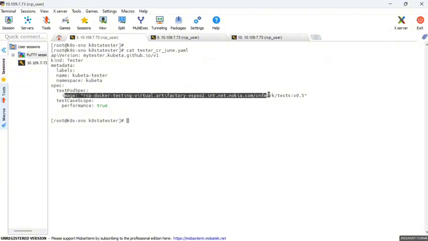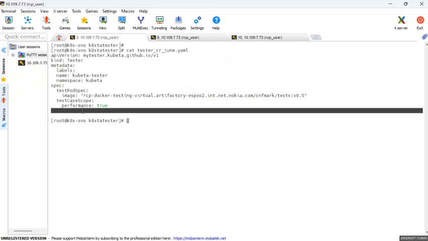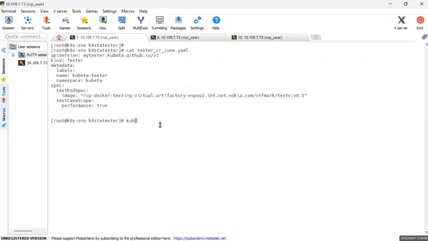This is the test container image with the corresponding tag version. And here is our demo example case. If you have multiple test cases, you can put your test case type here. After that, we can apply it. Then kubeta will handle the test execution, monitoring, and result collection